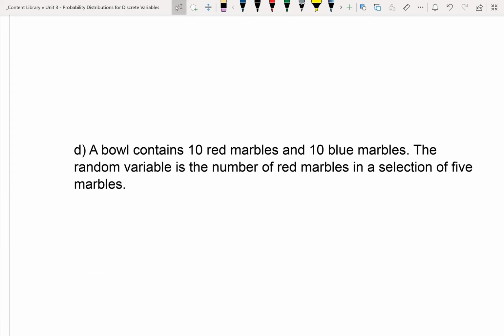In D, a bowl contains 10 red marbles and 10 blue marbles. The random variable is the number of red marbles in a selection of 5 marbles. So here it is success or failure again. The success being a red marble, the failure being not a red marble. These trials are dependent because as one marble gets picked, the probability changes for the next one. Because it's a success or failure trial and they're dependent, that means we're dealing with hypergeometric